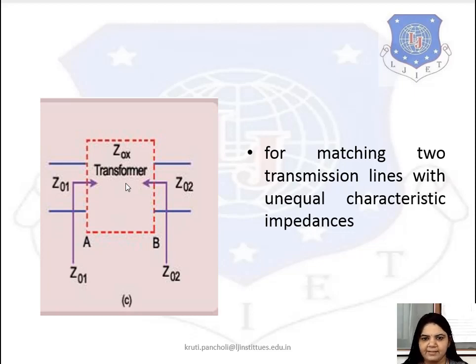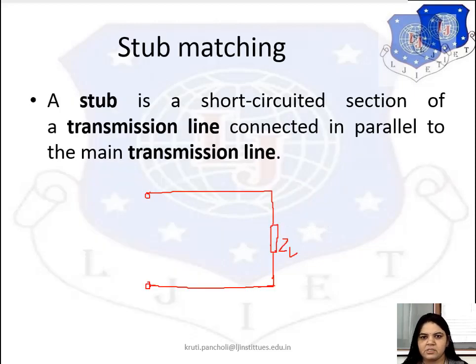at the source end. And if a mismatch occurs, then various losses arise in the transmission line, as we have seen in the last video. So to avoid the losses due to the mismatch in the impedance, we can use an impedance matching technique. The technique which is used for impedance matching is referred to as stub matching.